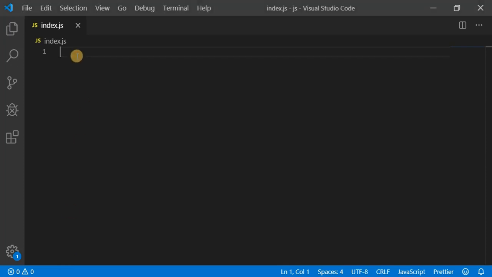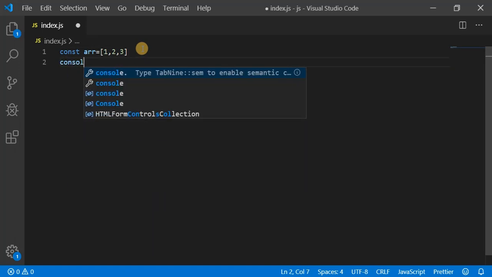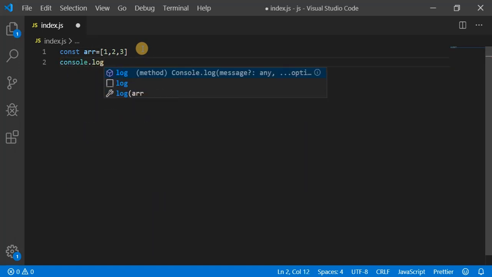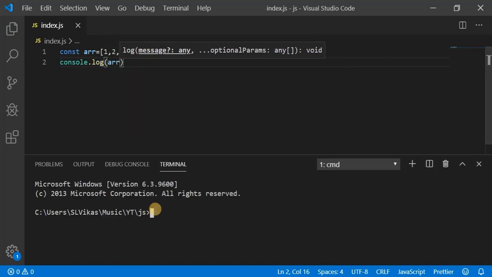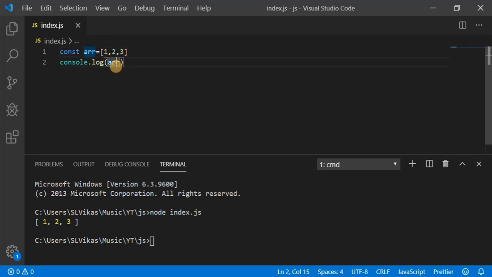So, I can define an array here, call it ARR, and I am putting some values inside. Now let me write a simple console.log, ARR. So what will I get here? Let me execute this. So I have one array and I am printing. That's it. So I am getting this array, right?